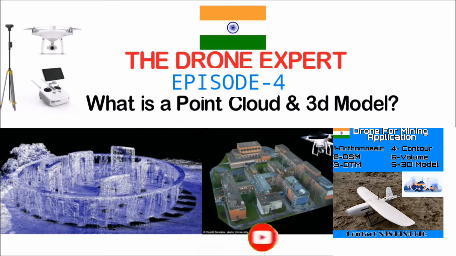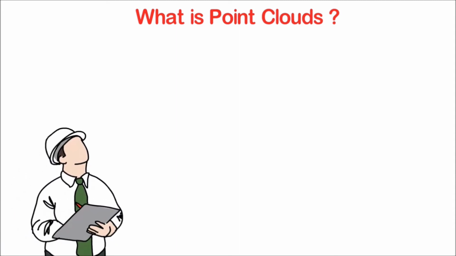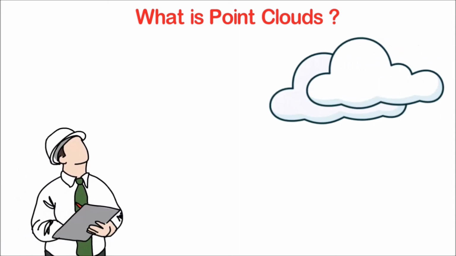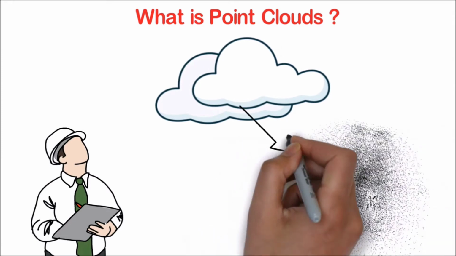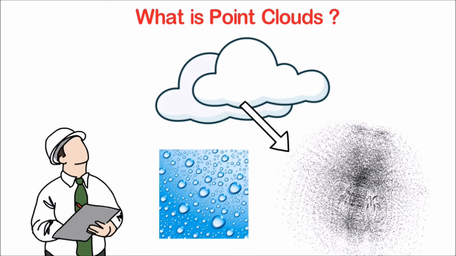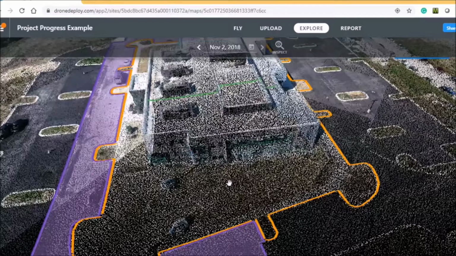Let's discuss what is point cloud in drone survey and mapping. When we see the cloud in the sky, it looks like it is a solid form. But in reality, the clouds are made of millions of small water droplets. Similarly, in drone mapping, thousands and millions of geospatial points are combined together to create a 3D virtual mass,